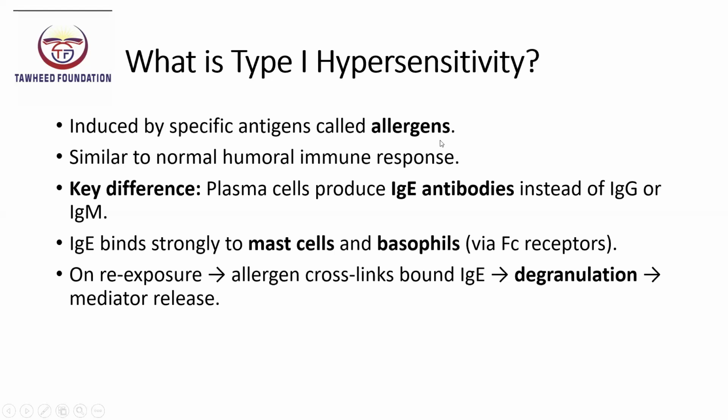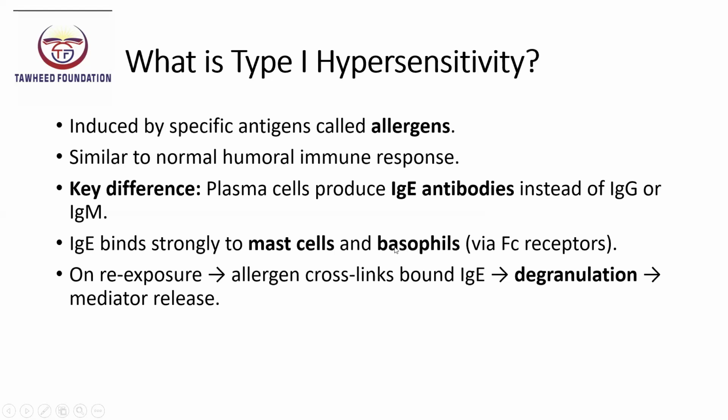Normally, the immune system protects us by providing antibodies like IgG or IgM, but in this type, plasma cells produce IgE antibodies instead. These IgE antibodies have a special property. They bind strongly to mast cells and basophils through receptors on their surface. This process is called